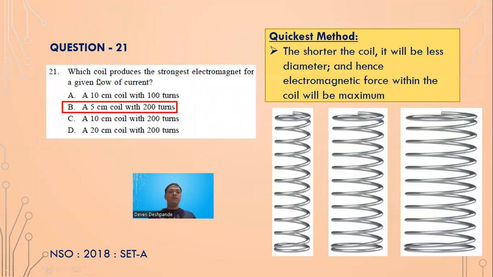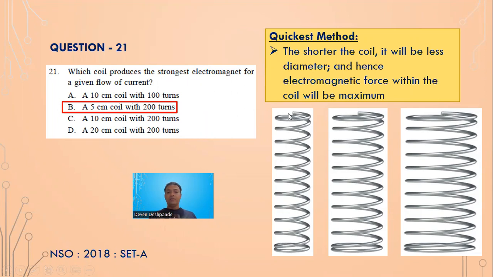Okay, which coil produces the strongest electromagnet for the given flow of current? Here the coil length is 5 centimeter, here the coil length is 10 centimeter, and here the coil length is 20 centimeter. The number of turns are the same, so let's say 200 turns, isn't it? Of course we have to find the coil with the maximum turns, because maximum turns gives maximum electromagnet. In the maximum turns, which of the coil is the narrowest,